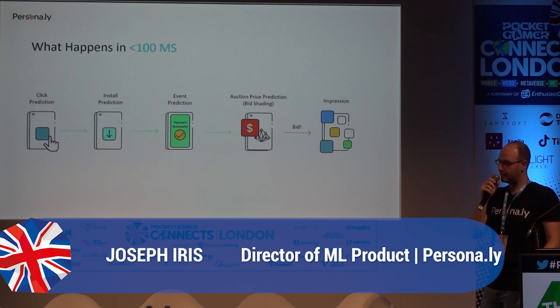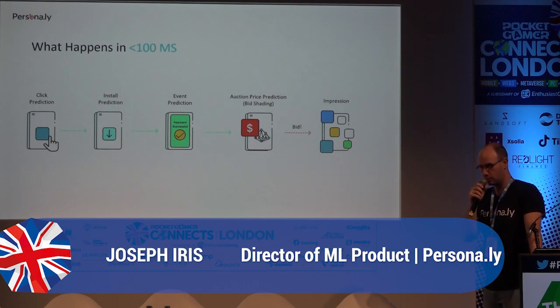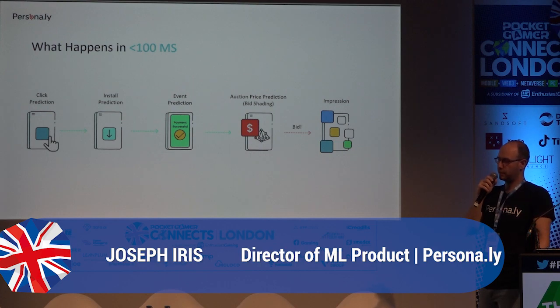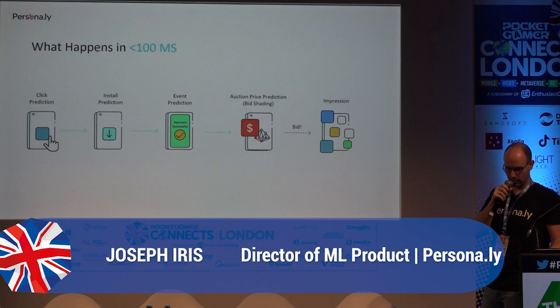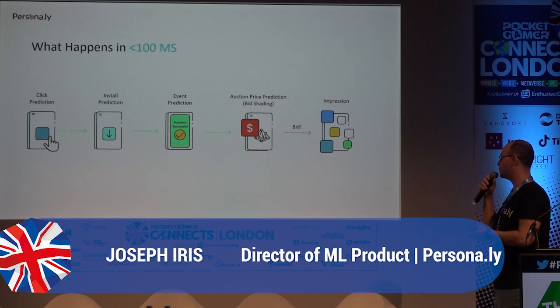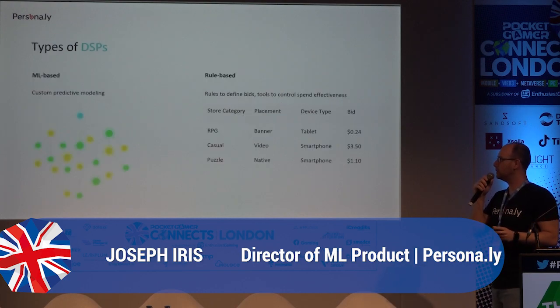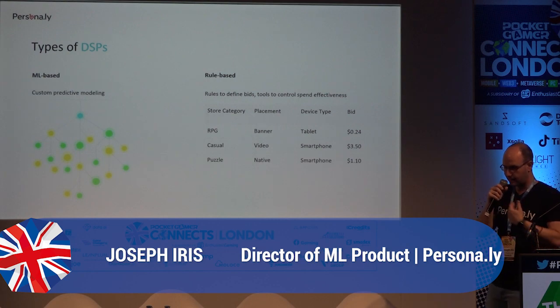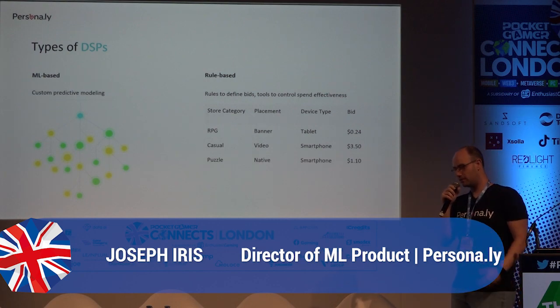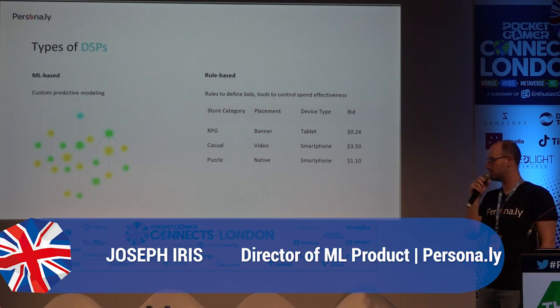You have to predict the market price to not pay over it, so you shade your bids. Kind of like in 300, we fight in the shade, if you know that reference. So yeah, all of that gets us just to the impression. In terms of the DSPs that try to manage all of these things within the time limitations, you have